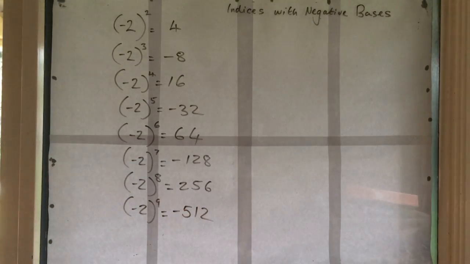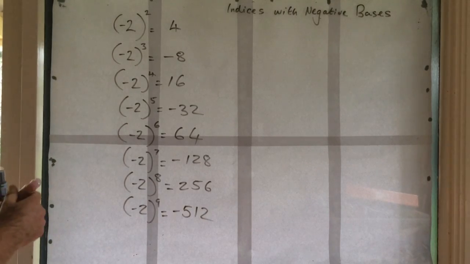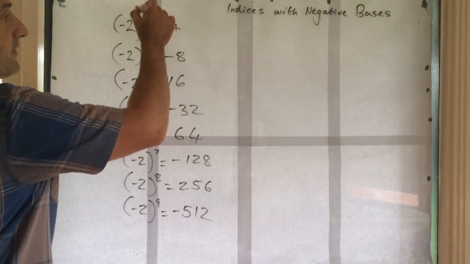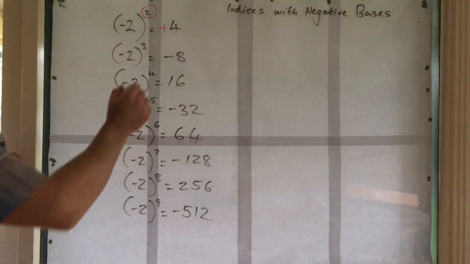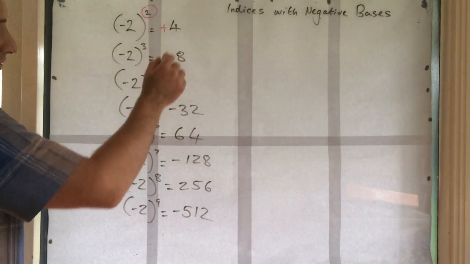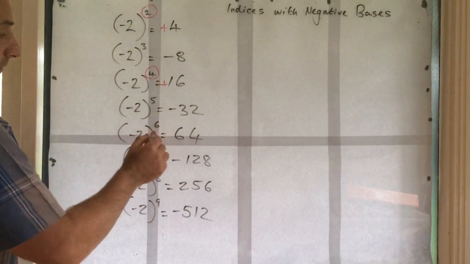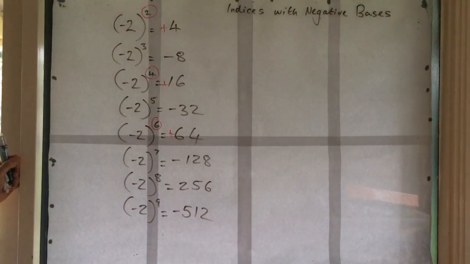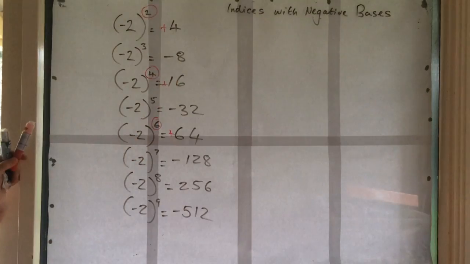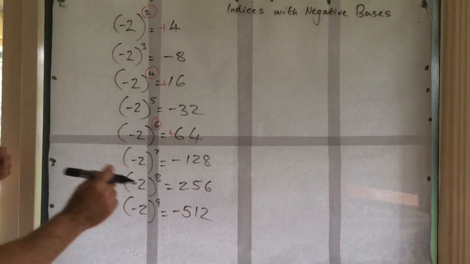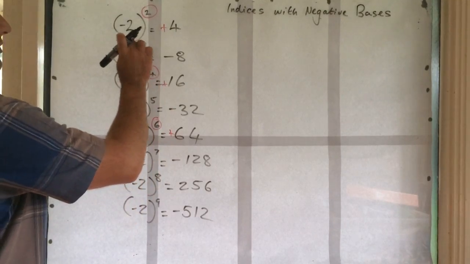Now, can you see a pattern start to emerge here? Yes, we can. We can see that if it's an even indice, we end up with a positive answer, whereas if it's an odd number, the answer is negative. But it's vital that you realise that in this case here,